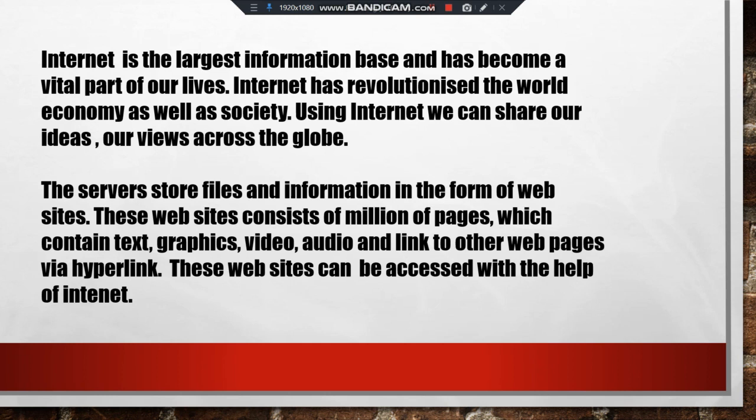Now what is a hyperlink? A hyperlink is a link which when clicked takes you to another web page or site. Okay, you have seen text in the web page. You must have seen text which is colored or underlined. What happens if you move your cursor over it? It changes its pointer to the hand shape. It means if you click on it, it will take you to another web page. We will definitely discuss these concepts in the next slide also. So all of you have understood what is the internet and what is a website and web page? You must have understood.